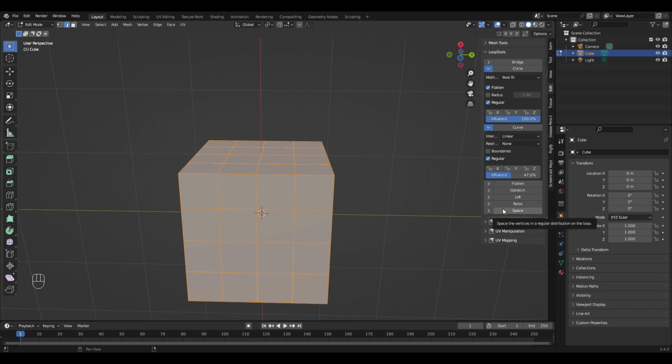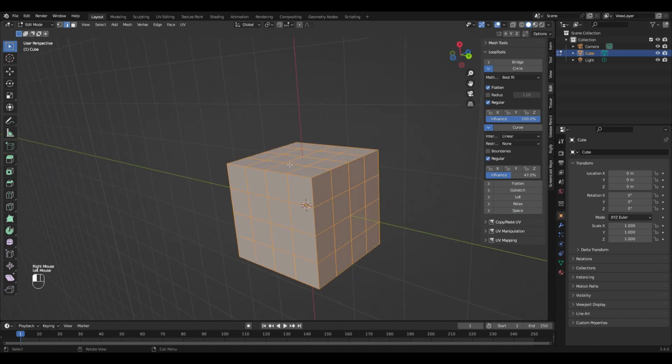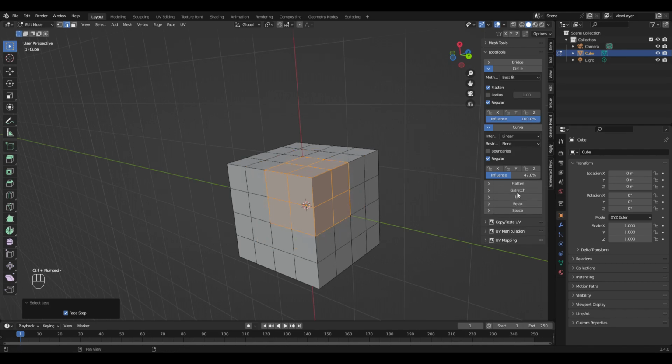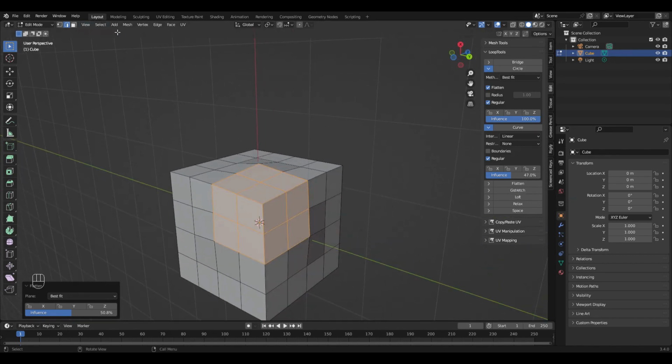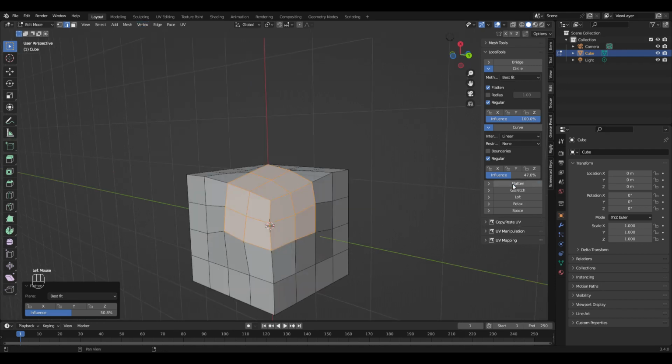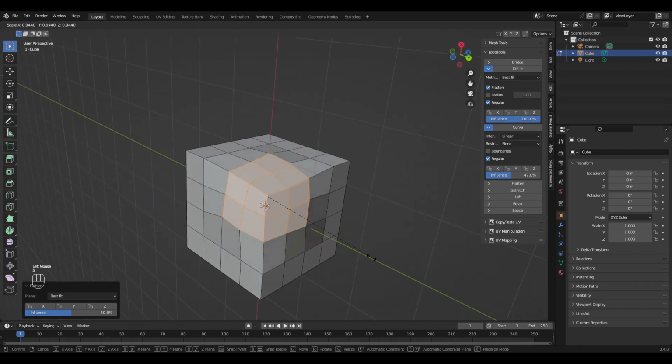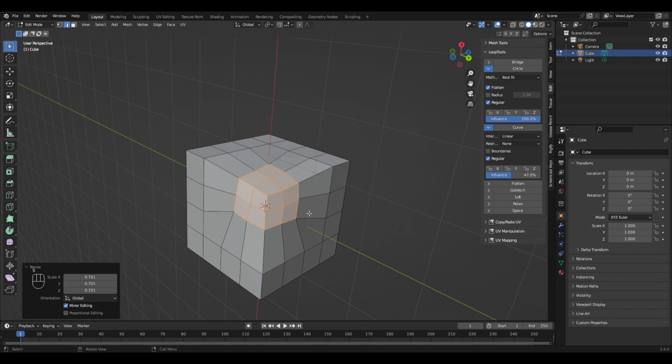The next one is relax, and it's similar to what we've seen in some of the other videos. It just takes a series of vertices and sort of tries to smooth them out. Now the space is a little interesting. It's going to take a section,